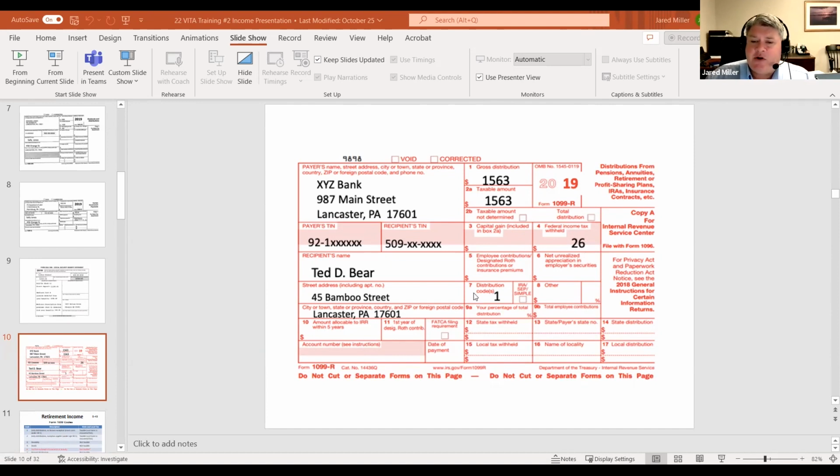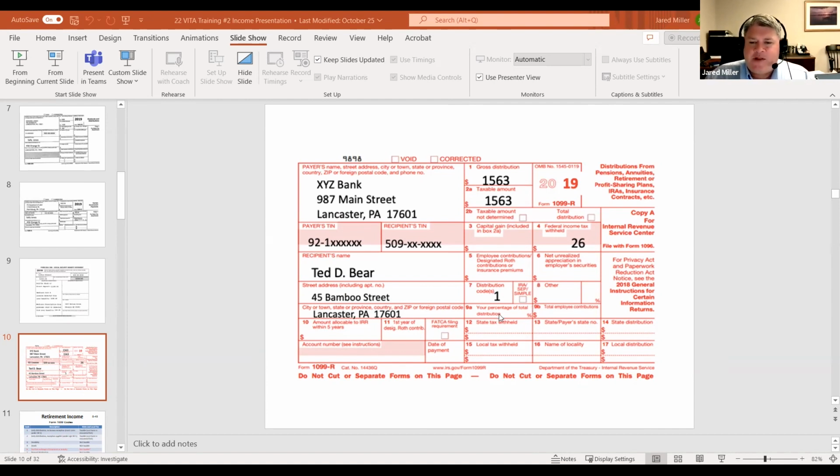Distribution code. Once you get down here to box 7, this is going to be important for us to identify what the distribution code is on the 1099-R. And then right next to it's going to be a little toggle switch to say, is this an IRA, SEP, or simple? What this will do, 2 things. One, it'll show where that information is going to be reported on the front page of the 1040. And 2, whether or not they're eligible for certain penalty exemptions if we're going to see an unfortunate code.